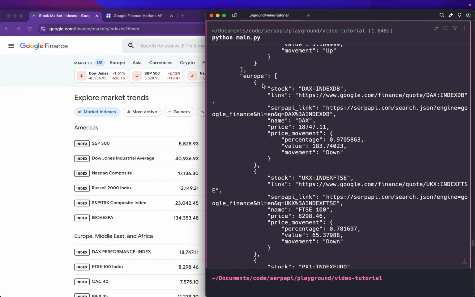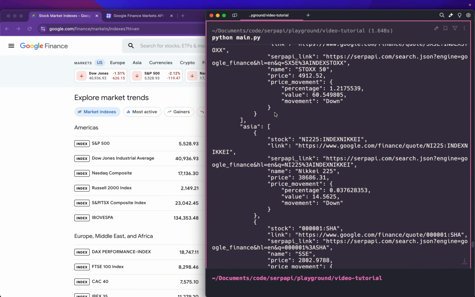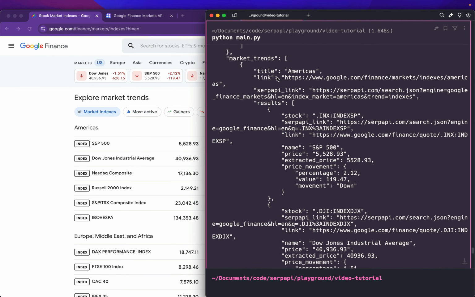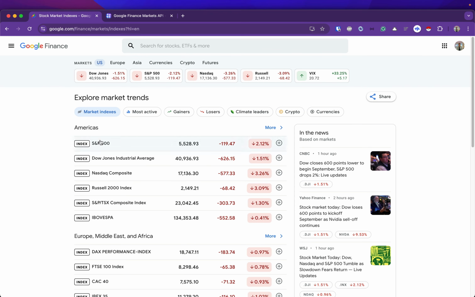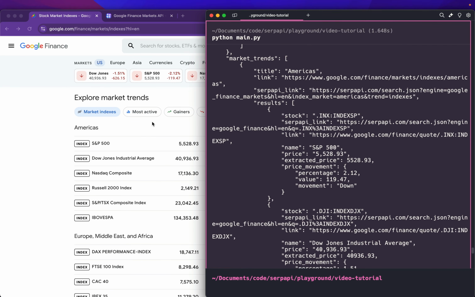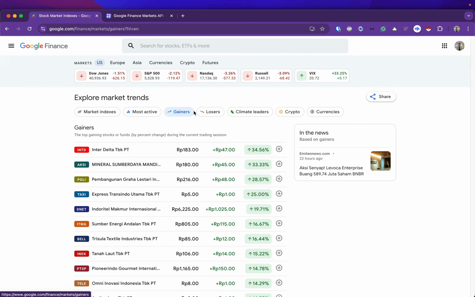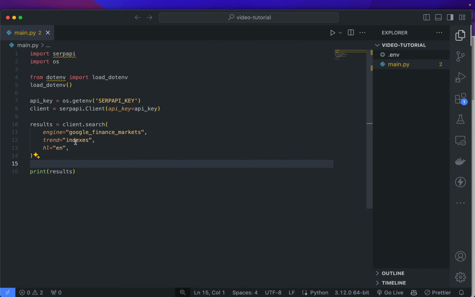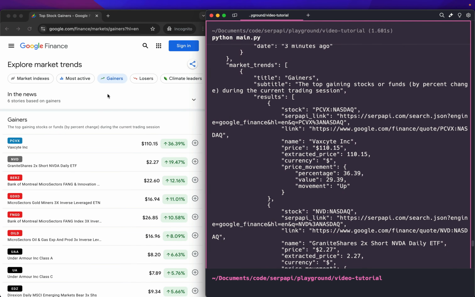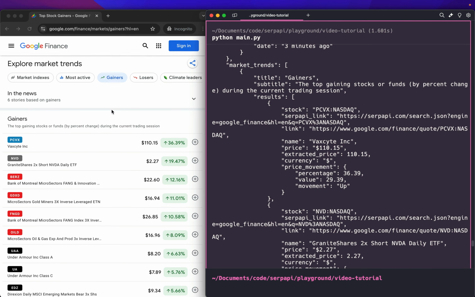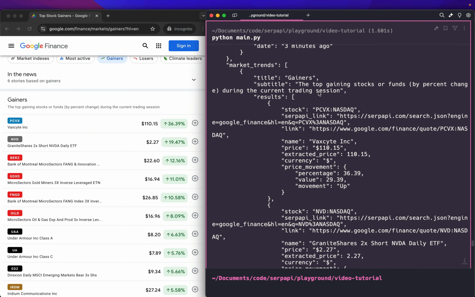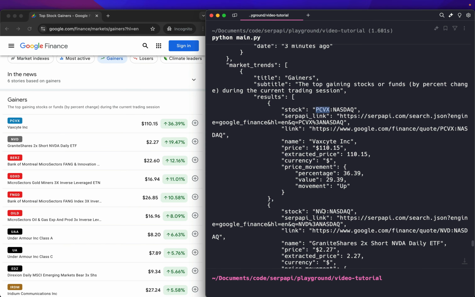And if you want to switch to a different tab, the response is also available. And we have the market trends response, which includes the stock list based on the filter we applied. For example, let's filter the data by gainers. I'm going to replace my script to match this, gainers. And let's compare it with the live results here. As you can see, we can get the data in the market trends response in the results section, PCVX, NVDA,